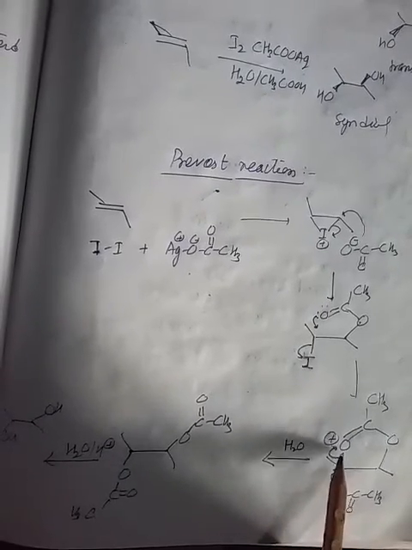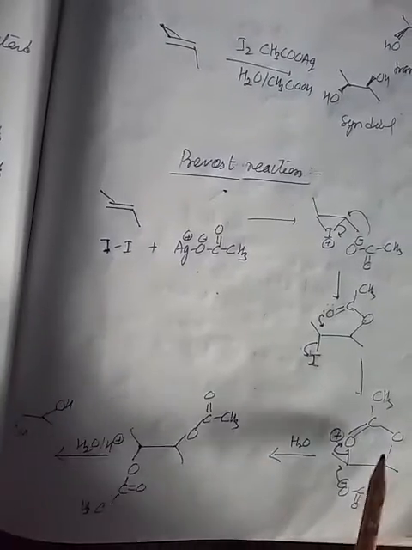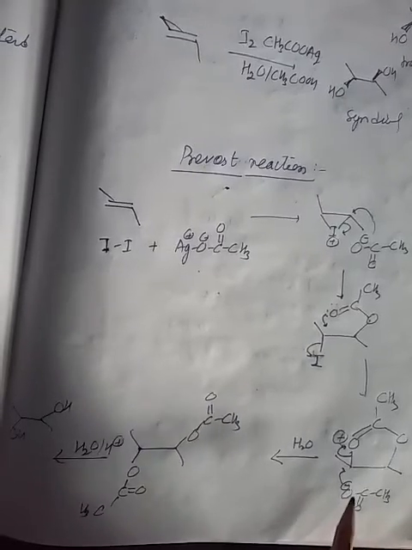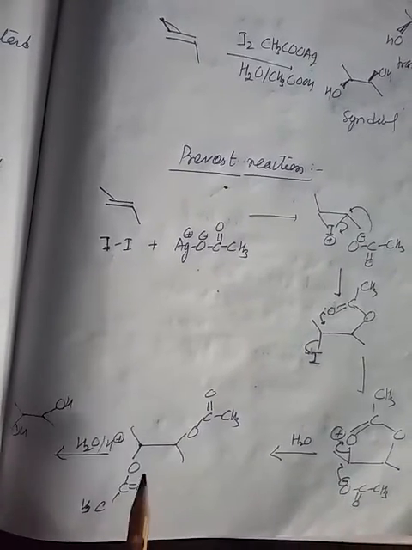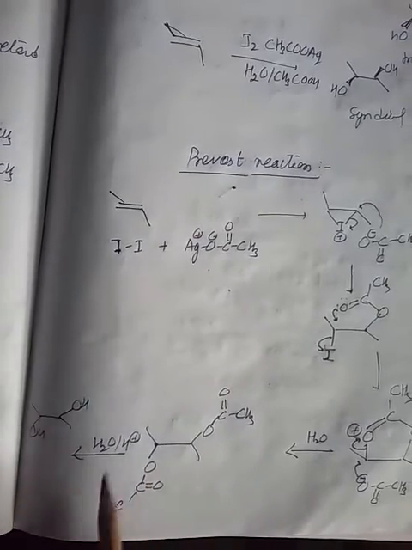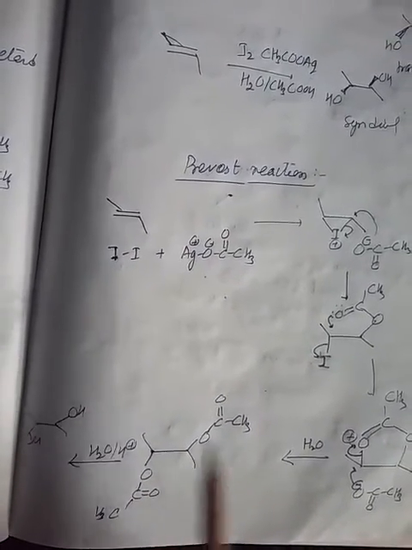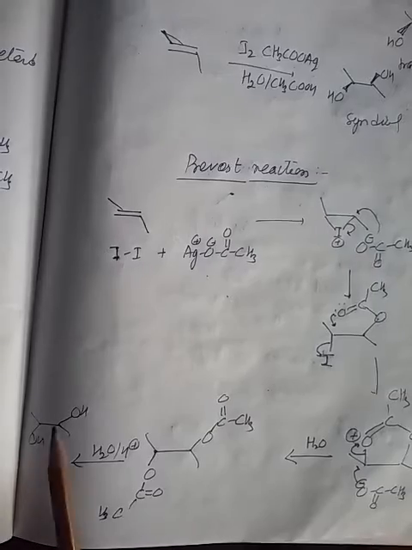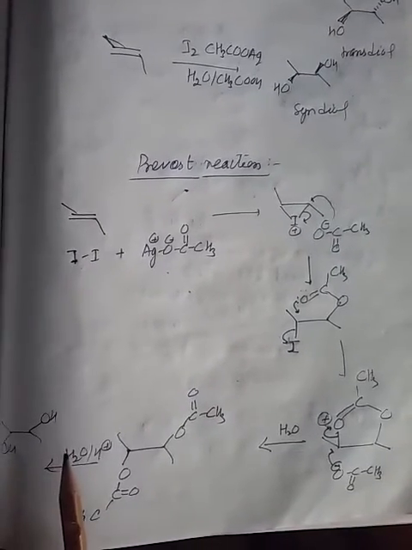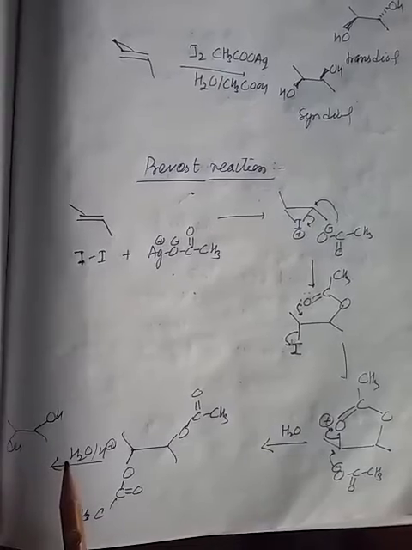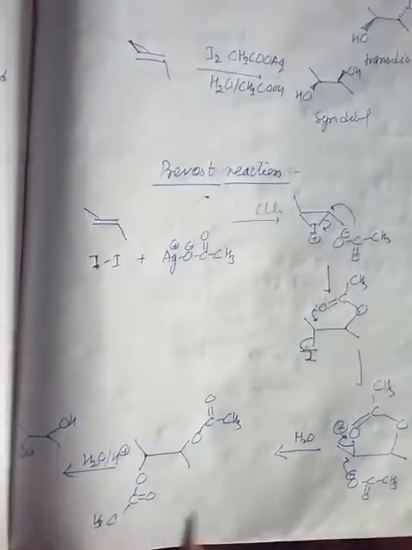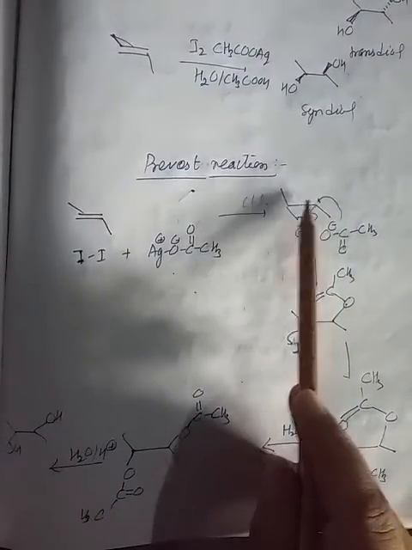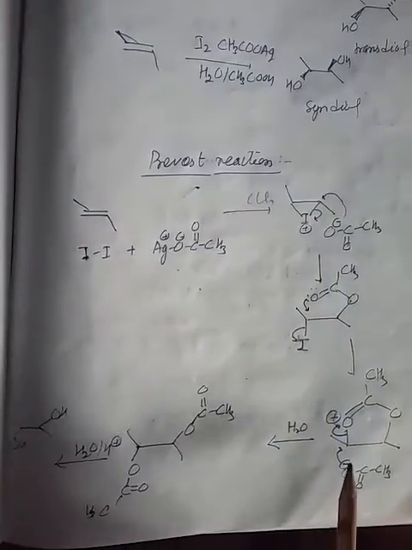Okay, so क्या हुआ आपका, ये न्यूट्रल हो गया, so it again converted into OCOCH3, and another acetate ion attacks from the back side from here, and OCOCH3. So there is a formation of diacetyl derivative of alkene. This is diacetyl derivative of alkene. Finally, on hydrolysis, this diacetyl derivative is converted into diol. So here you can see that in the case of this anhydrous condition in carbon tetrachloride, one acetyl comes from here and another acetyl comes from here. One from here, from the top of this carbon, and second comes from the bottom.